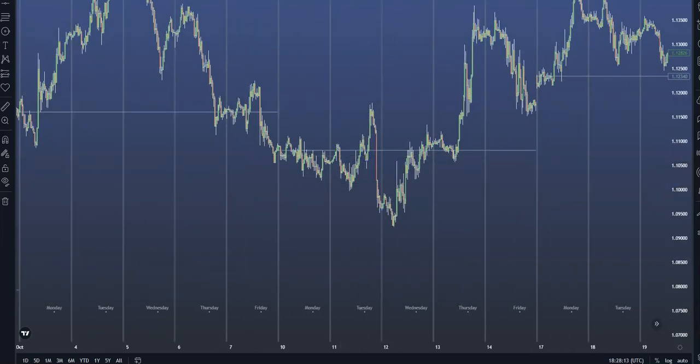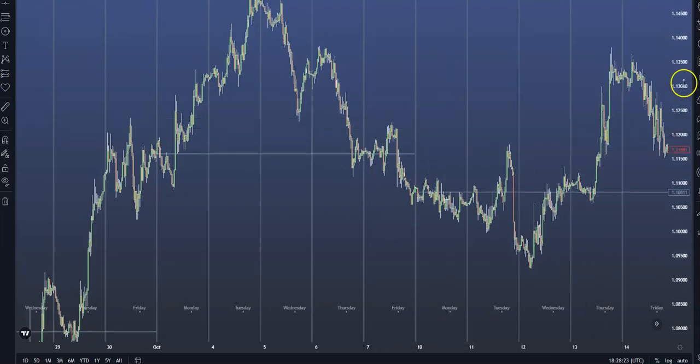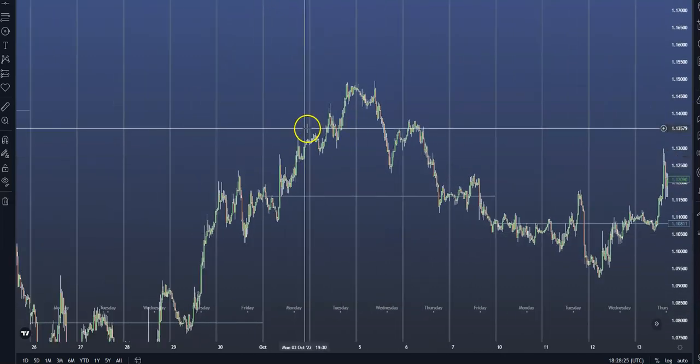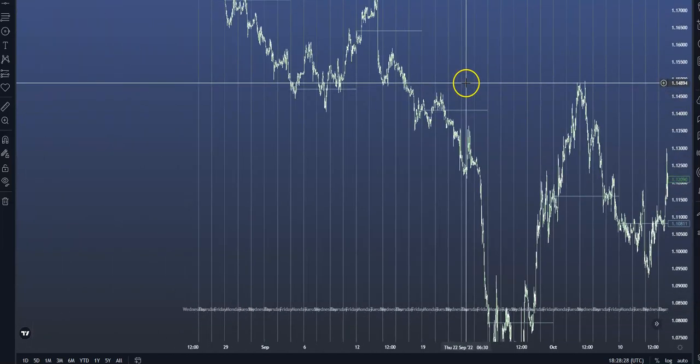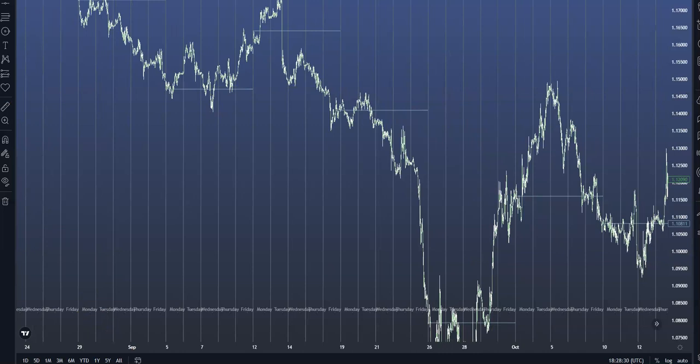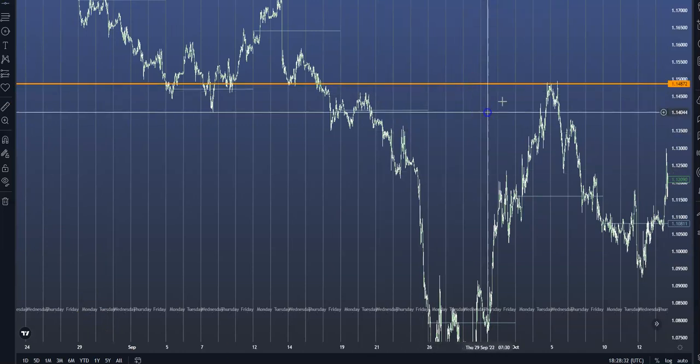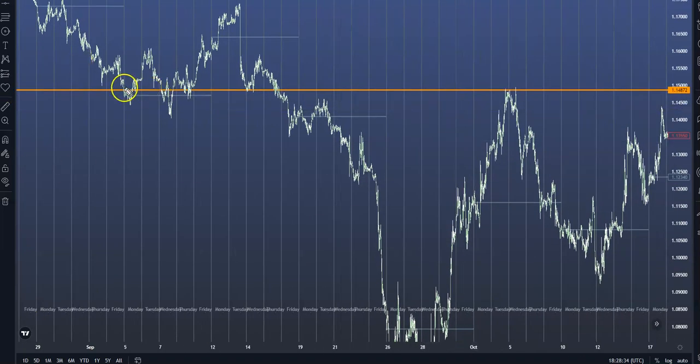Now, sometimes you're going to see this, where the market will come up on Monday and then Asia will just hit it. Then it's no longer valid, okay? It's over. That was the trade. But then you're going to get weeks like this, where you could be looking at an area of resistance here. So if we just zoom over here, let's just say you've been looking for shorts of this area of resistance. You've seen that there was a level here.